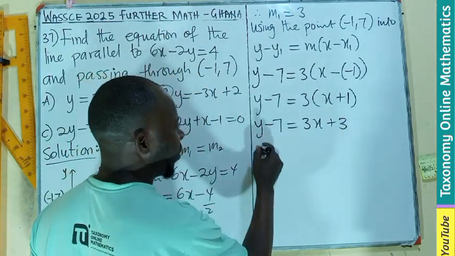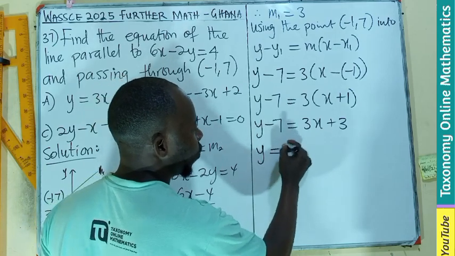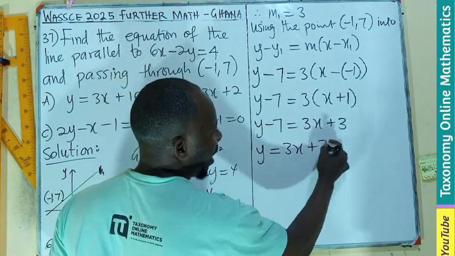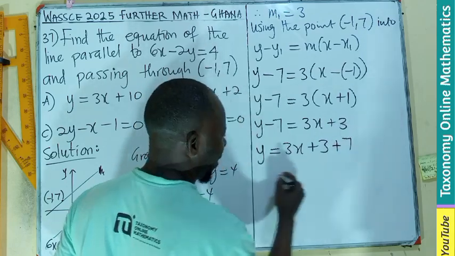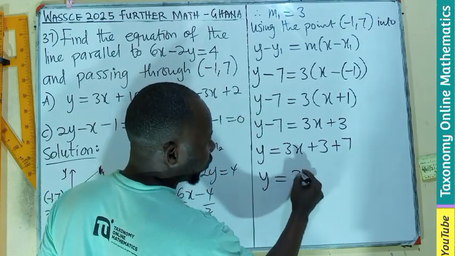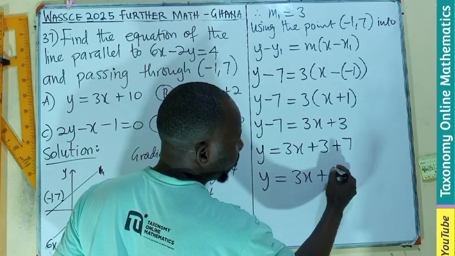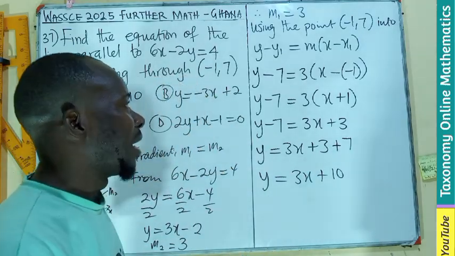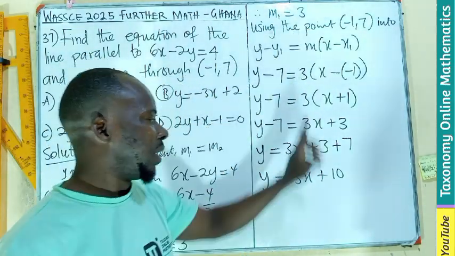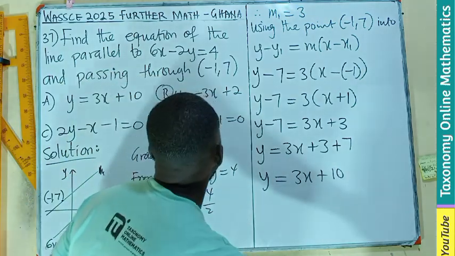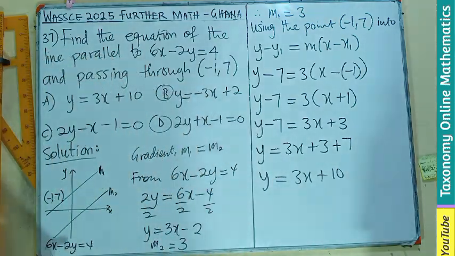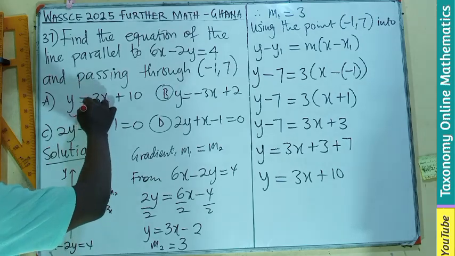Let's transpose this. y equals 3x plus 3, and this is coming here as plus 7, making y equals 3x plus 10. Remember the gradient we had was 3, which is still 3 here. So this is the intercept. Let's check which option that will give us. I think that would be the option